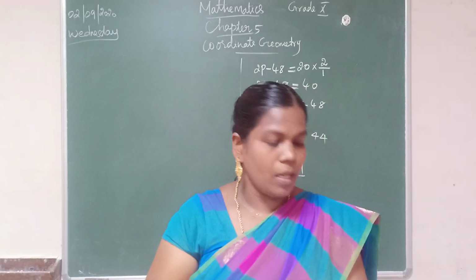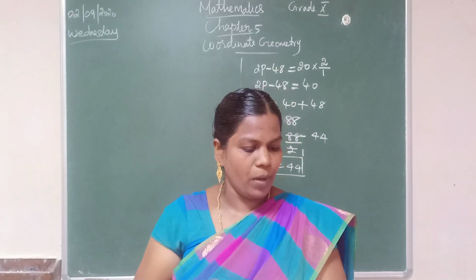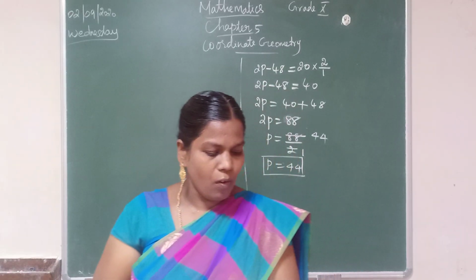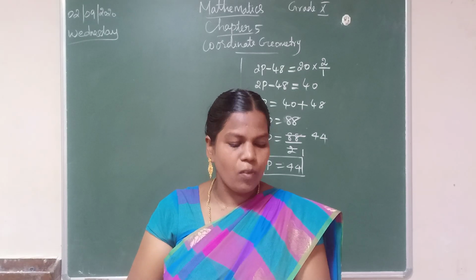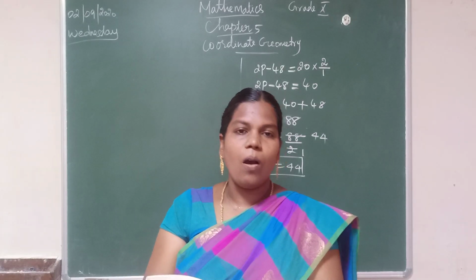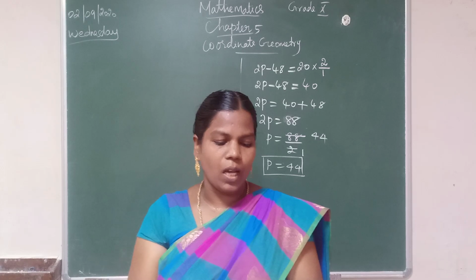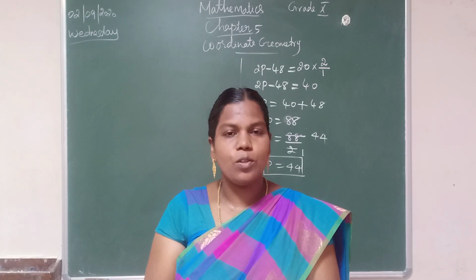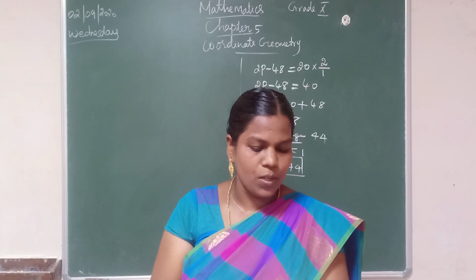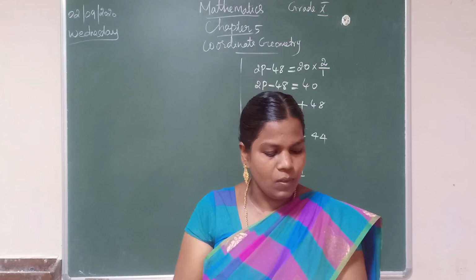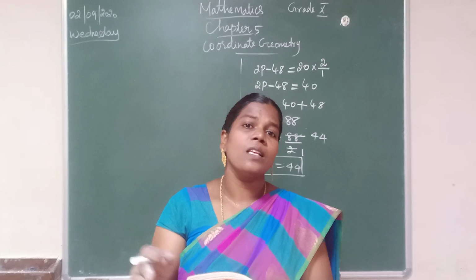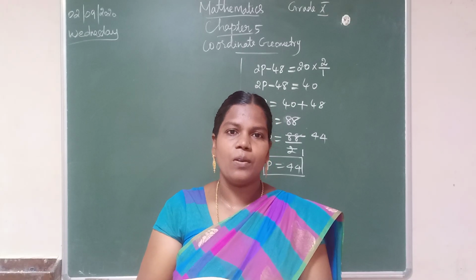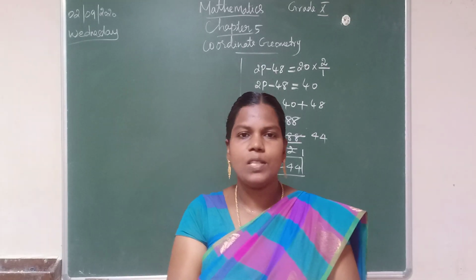Okay, example 5.4. What is example 5.4? The points P of -1, -4, Q of b, c and R of 5, -1 are collinear, and if 2b plus c is equal to 4, then find the values of b and c. What is the question? Three points as well as one more equation are given. Okay, we have to find the unknown values b and c.